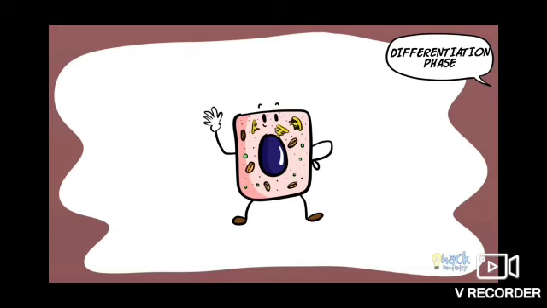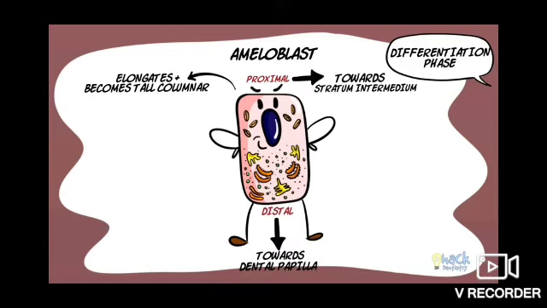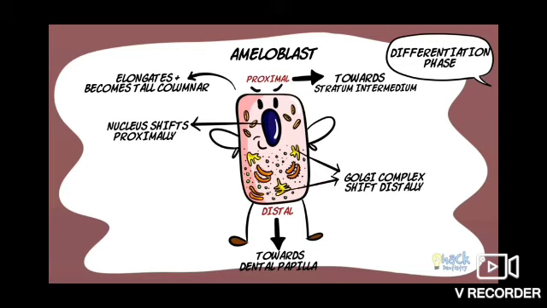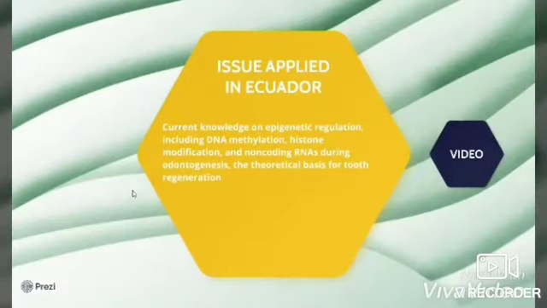During the phase of differentiation, the inner enamel epithelium starts to differentiate to become an ameloblast. The cell elongates and becomes tall columnar, and the nucleus that was previously at the center shifts proximally. Golgi complex shifts distally, that is towards the dental papilla, and mitochondria that were scattered